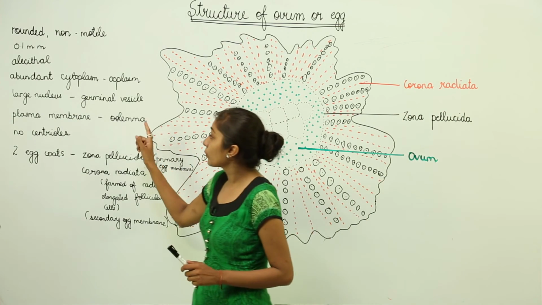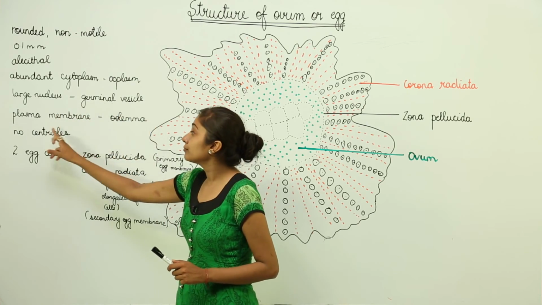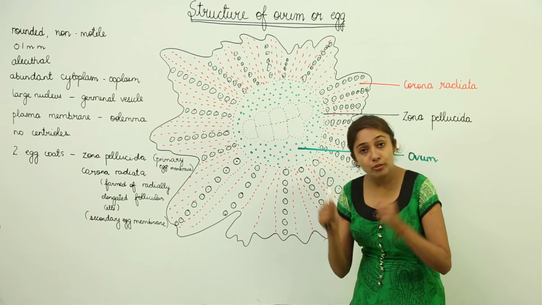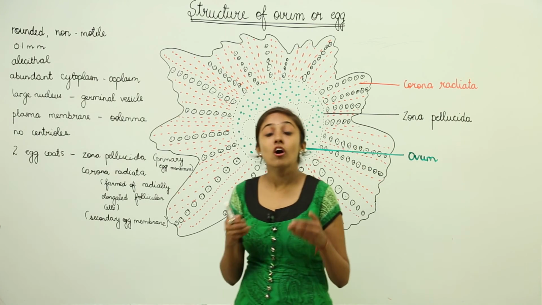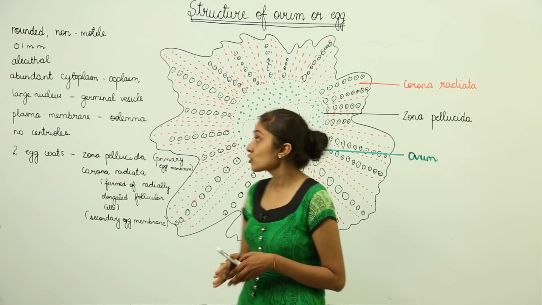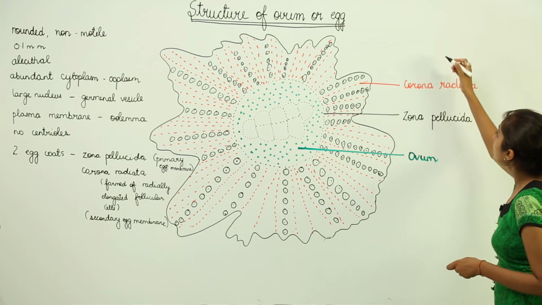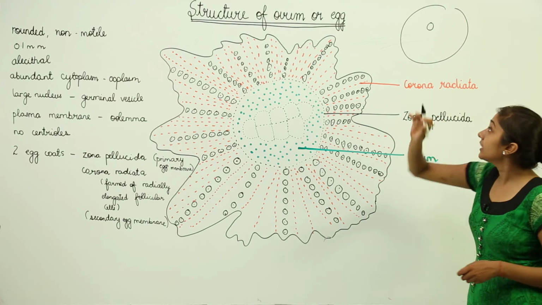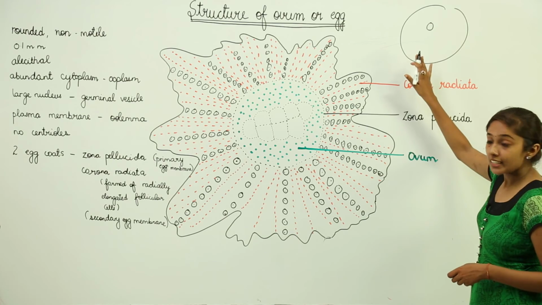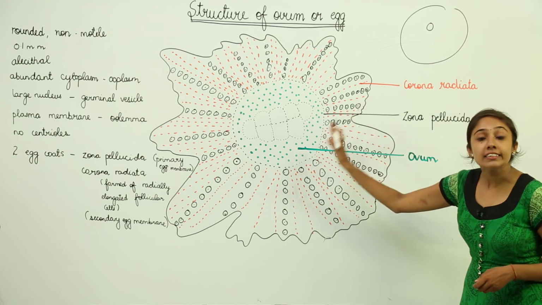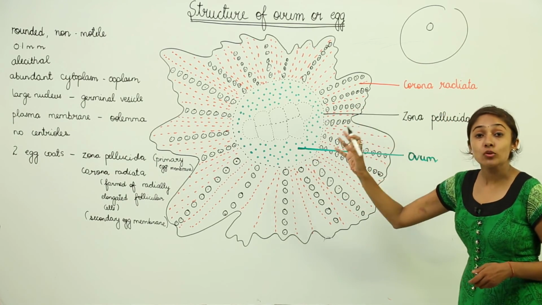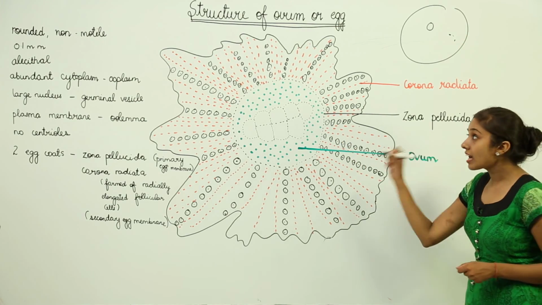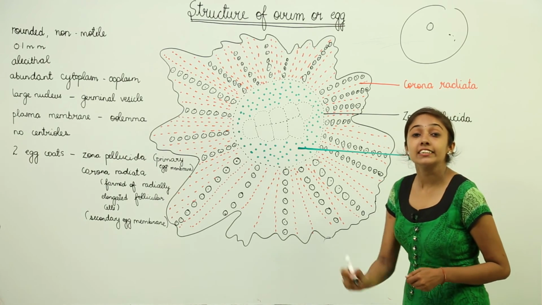Just remember one thing more over here, that the plasma membrane is surrounded by many tiny projections which are going to absorb nutrition and food from the follicle. The follicles contain the ovum or the egg. So outside the membrane, there are these tiny projections which are going to help in the absorption of that food material from this follicle. So this is how the ovum or the egg gets its nourishment.